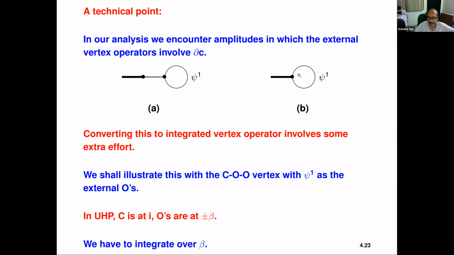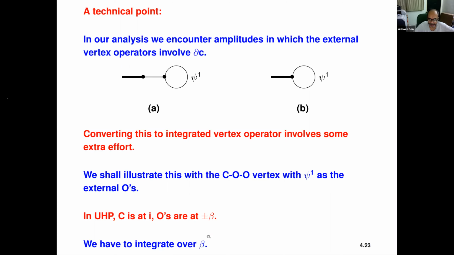It also can be seen from the fixing of conformal Killing vectors, right? We have to begin with 4 variables, because 2 positions of the closed string vertex operator and 2 positions of the open string vertex operators. We can only fix 3. So one vertex operator has to be integrated. So the way we have set up the CO vertex is that we place the closed string at a fixed position i, and the pair of open strings at plus minus beta, and then we integrate over beta. So the question is, what is the integrand?